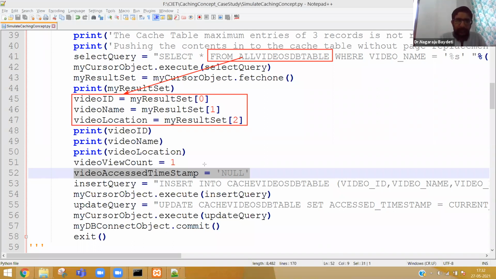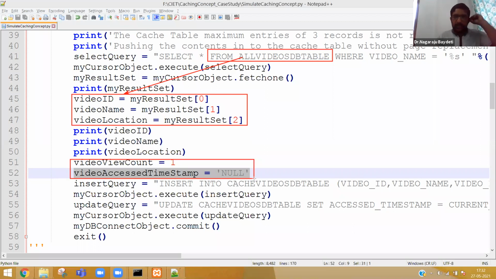After that, I have taken customized values. Count should start with 1, and the access timestamp is initially null. So initially, I will put the access timestamp as null. Now we have 5 values in total: video ID, name, location, video count and access time.